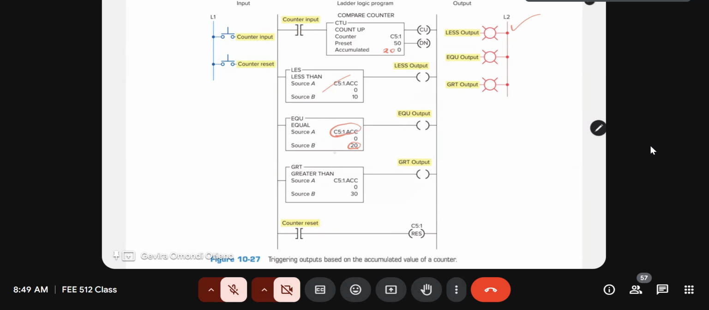Because when the accumulated value reaches 20, then this comparison is true. So this lamp only comes on when you have 20 products. Here you have less than 10 products, less than, not equal to, less than 10 products. But here you have it when you have exactly 20 products. And then you can see the greater than is greater than 30. So A is greater than 30, meaning when you have products from 31 all the way from 31, then this